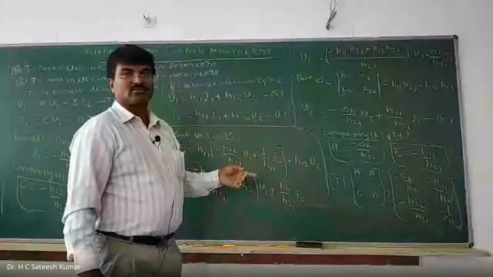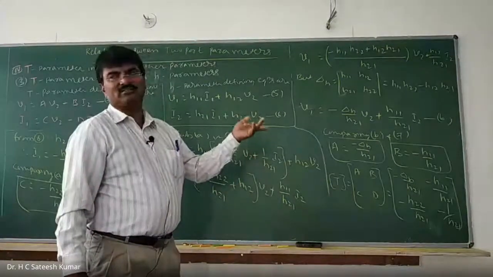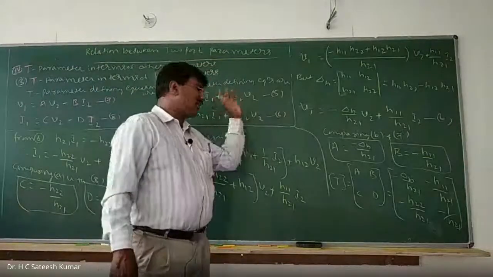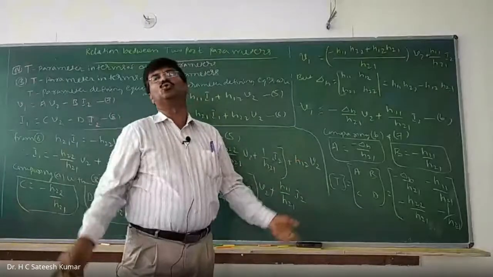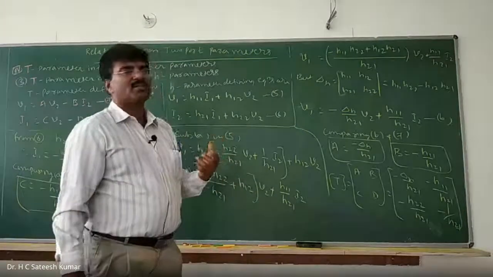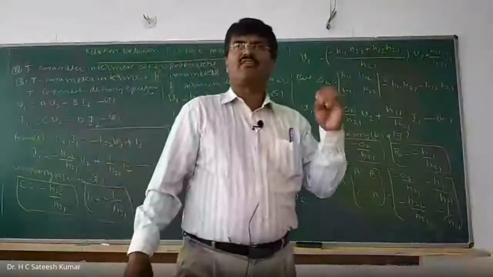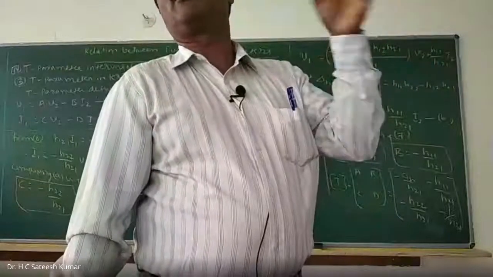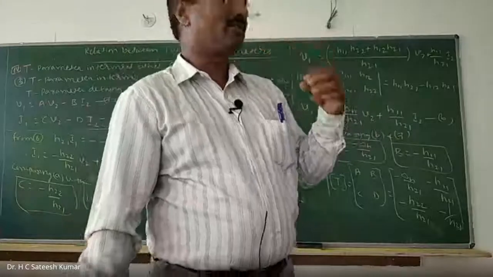And if they're asking for 8 marks, what they expect is to represent T in terms of H and H in terms of T. Like that, they can ask you to represent any of the parameters in terms of another parameter, or vice versa too. Both, or they may ask only one. Depending on the question, you decide what to do. Most of the times in the examination, it will be like this: define Z parameter, represent Z parameter in terms of H parameter, for 8 marks, 10 marks, or 6 marks. Okay, right? And define for 5 marks also they'll ask.